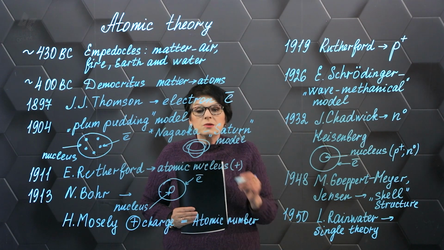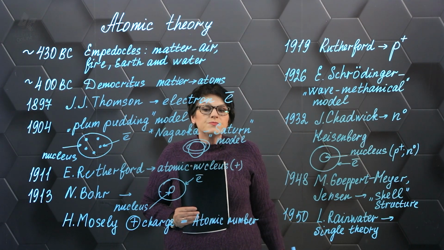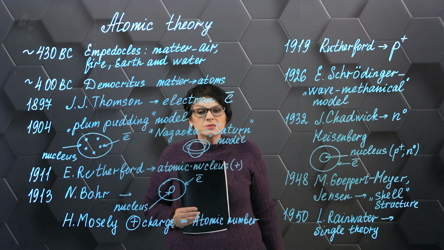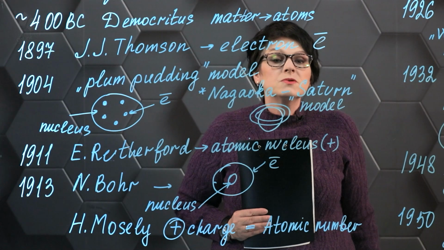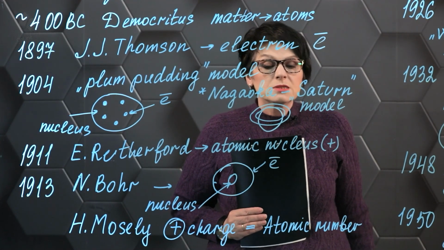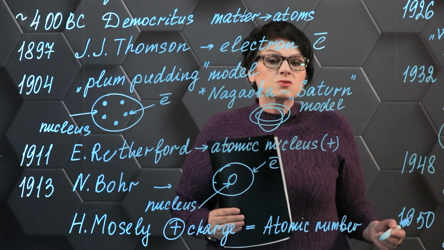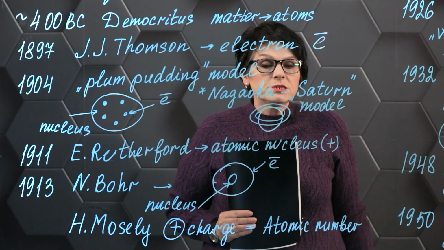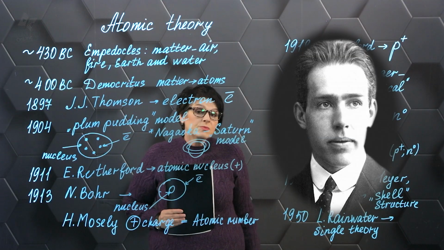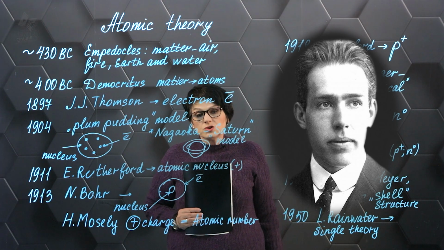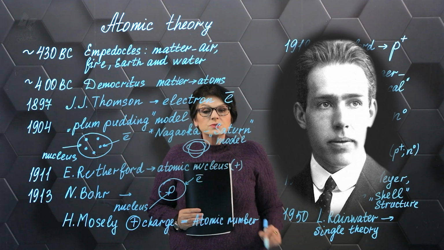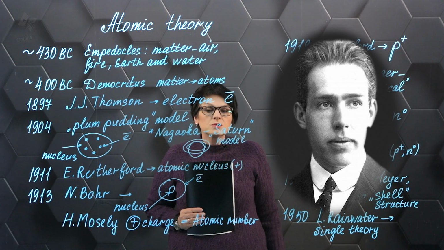Hence, Rutherford concluded that the nucleus is conventionally located at the center of an atomic particle and possesses a positive charge. This positive charge causes the alpha particles to be repelled by the nucleus particles. The assumption, therefore, was that the nucleus carries a positive charge. In 1913, Niels Bohr furthered the understanding of atomic structure and suggested that the atom was organized as follows. Inside the atom there was a nucleus, which had a plus charge, and electrons revolved around the nucleus.